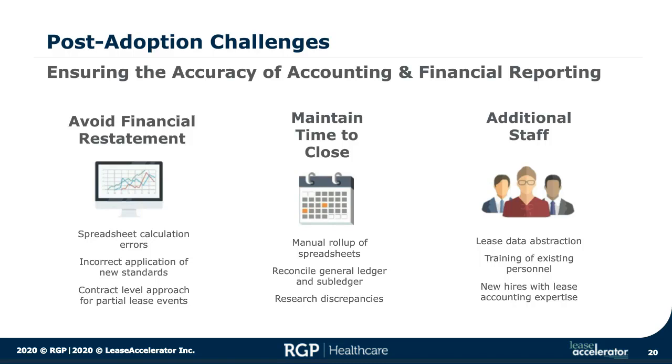So again, looking at that process and that partner that allows you to manage your time. And then if you're able to add additional staff, it goes back to the prior slide talking about training. How do you train them? If you can't add additional staff,